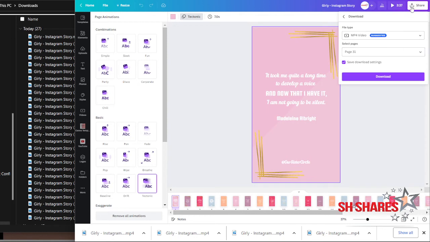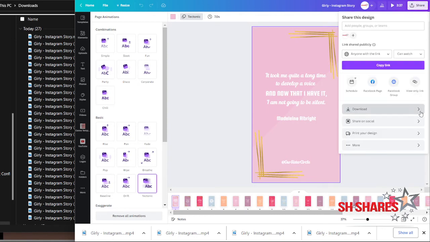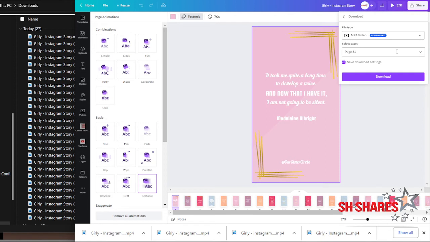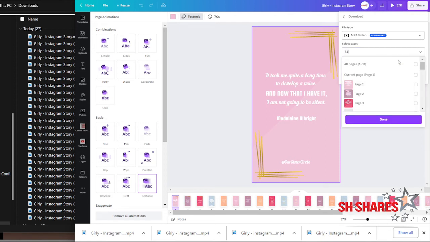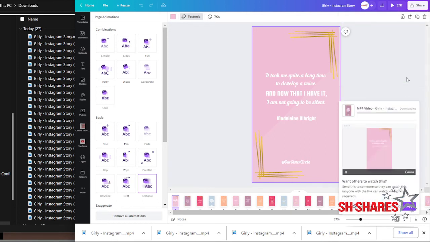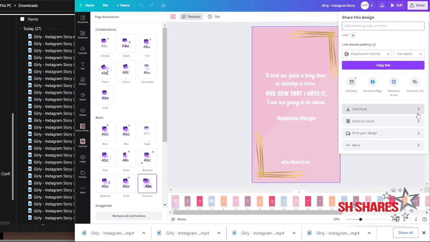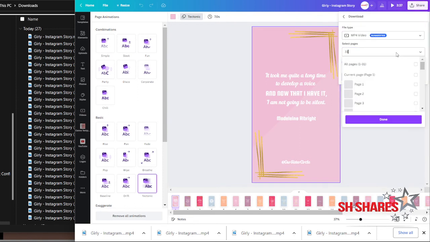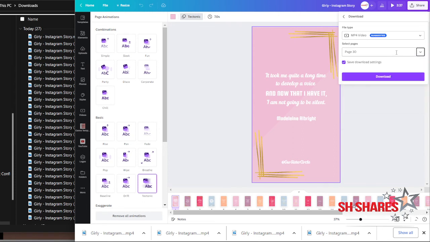So again, click share, download, select which page. I usually type it in because it's easier than scrolling all the way down here and clicking it. And then I press done and download. And what it's doing is it's downloading it for me. So because I'm doing a bunch of them, share, download, do it again, type in which page number, and press